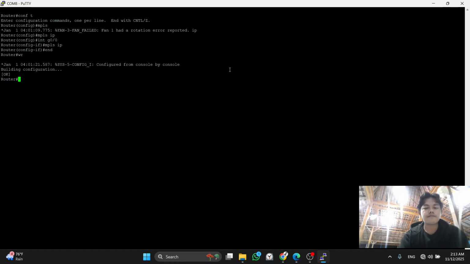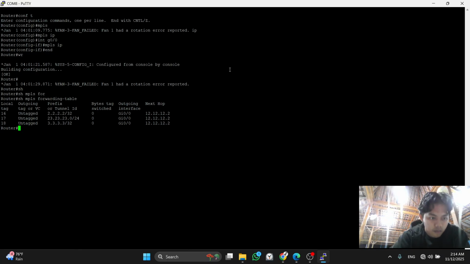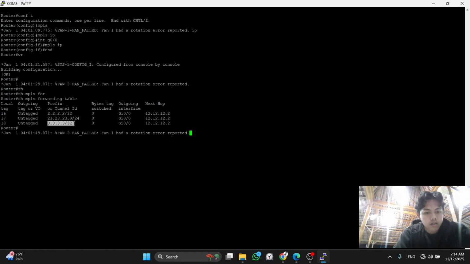So for the check of MPLS, you write show MPLS forwarding table. Then it appears: this is going to the router P, and this is to the router PE2.